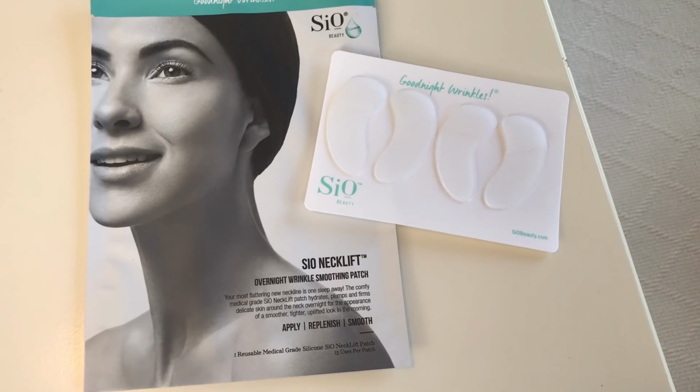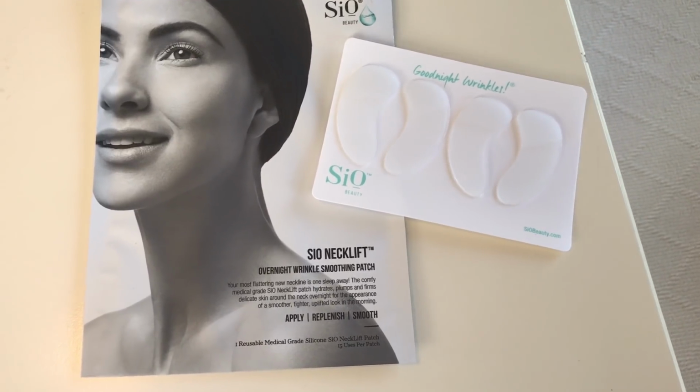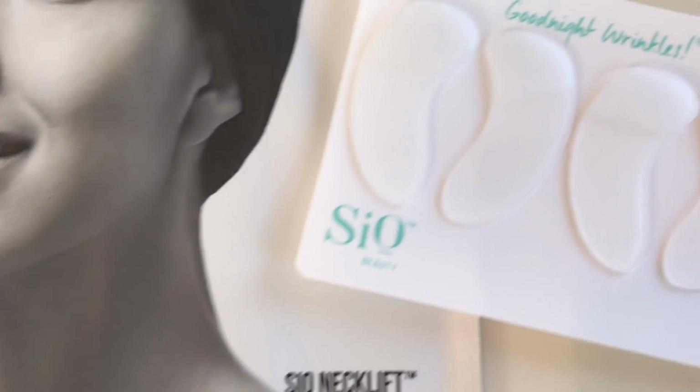Well, it's brilliant, because if it does it for scars, then why on earth wouldn't it work for superficial lines and wrinkles, right? So that's what this company has come up with, and it's an overnight patch that you put on, and this one is for the neck and chest. It's larger. This one is for the eye area and the lines around the mouth, and they are reusable. I'll open it up so you can see what they look like, but there are these little patches right here, and you put them on at night, clean skin, and then in the morning you can put them right back